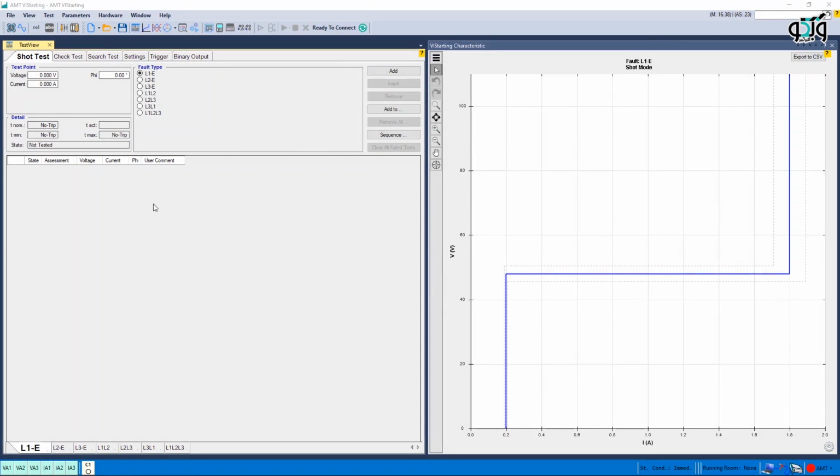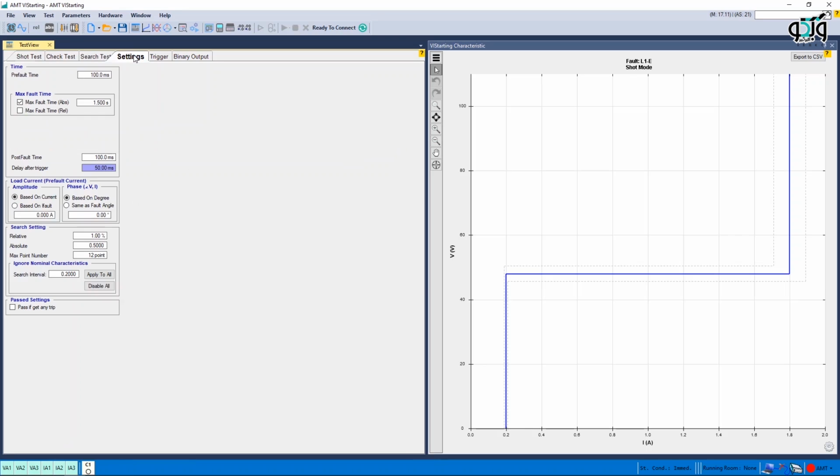To continue with explaining the VI starting room, in this video we're going to explain the Setting tab. You can adjust some of the test settings. In this tab, in the Time section, first the injection time before fold, the pre-fold time, is entered. In Maximum fold time, the maximum fold injection time is specified in the form of absolute or relative, which itself